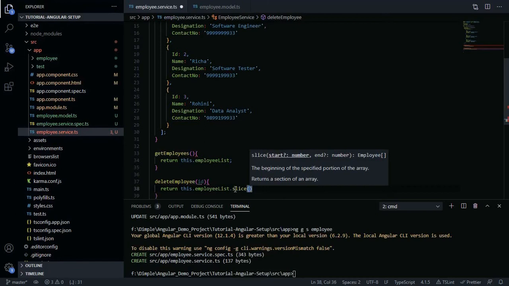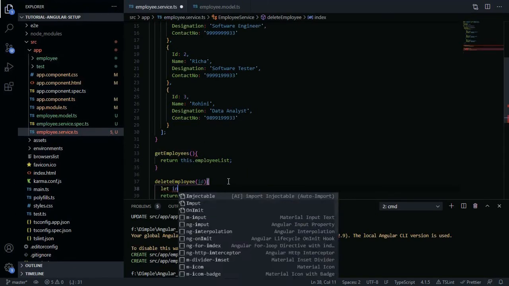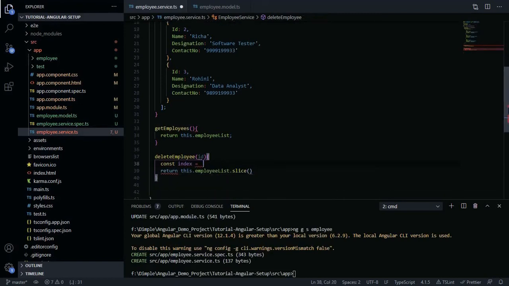Okay, we need to find the index. Let index. So for deleting an employee based on ID, first we need to find the index of that particular employee.